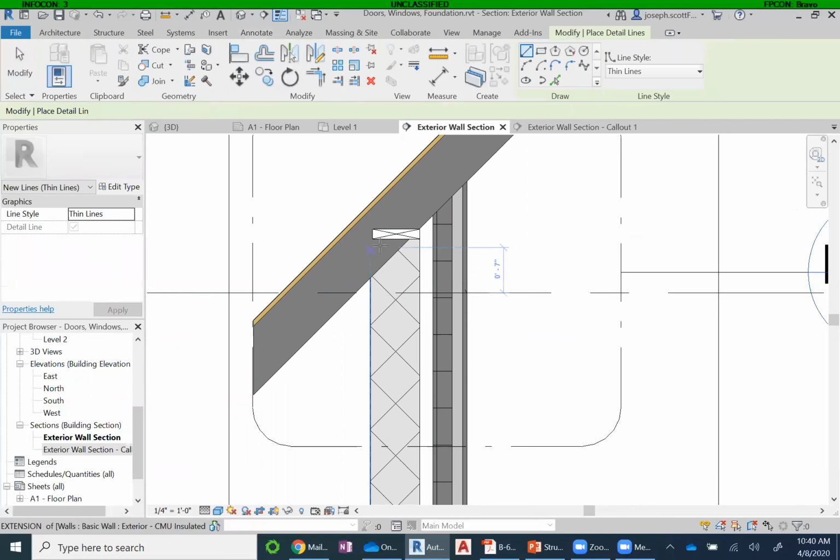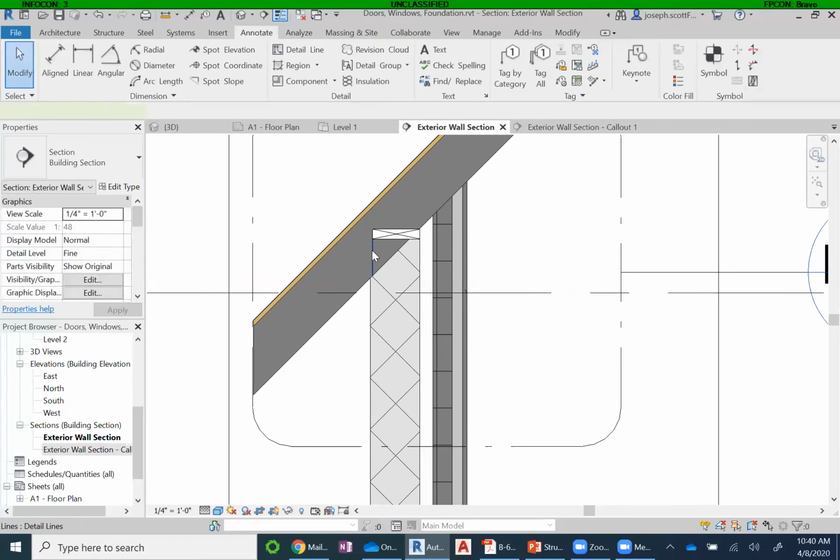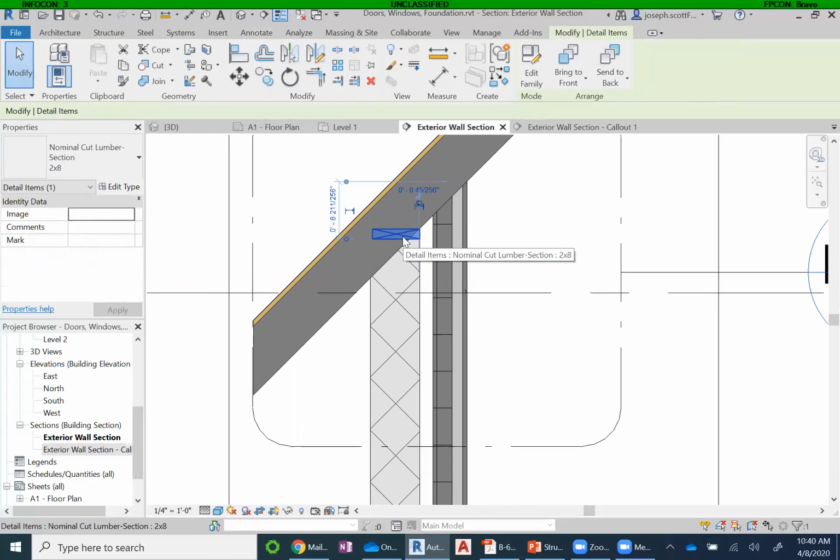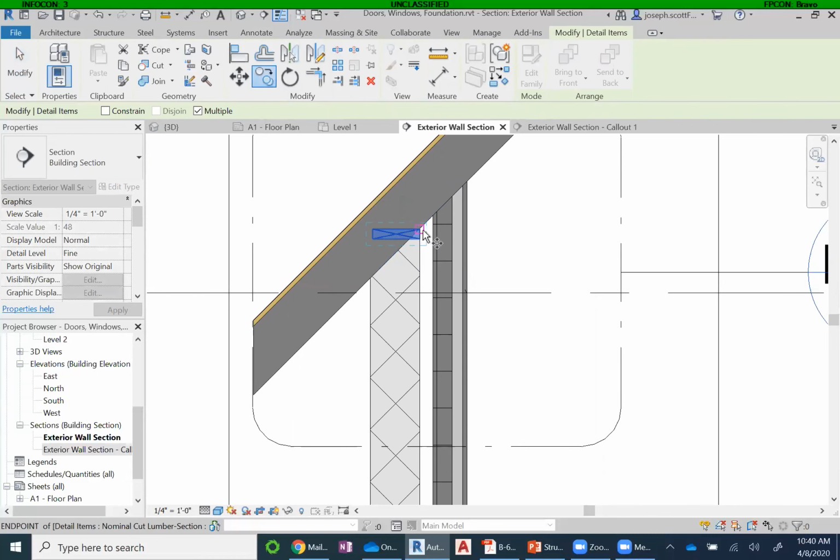You can also draw some detail lines. So this is just a line in the model space. It doesn't show a whole lot, but you can draw some lines. You can stack these. Maybe I want to stack these or something. Maybe I'll do copy,